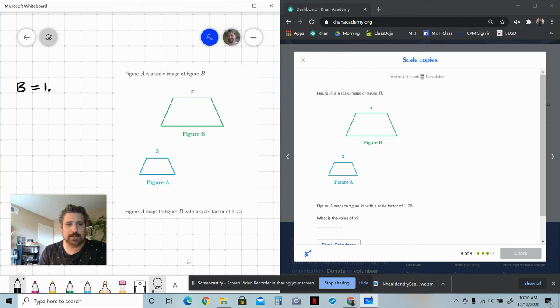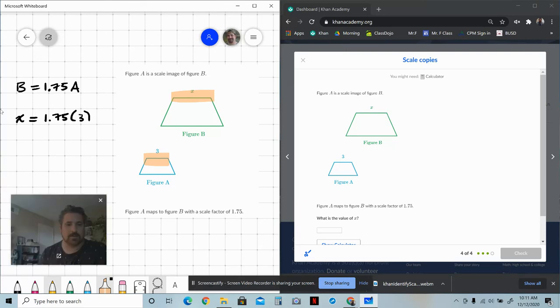Now, the nice thing is the x value is following this equation perfectly. You input the A value, you output the B value. So x, which is the value of that side length on figure B, is going to be equal to 1.75 times the corresponding A value, which was 3. We can see that these two sides correspond to one another. The smaller bases correspond to one another in the trapezoid. So now that we know the smaller bases correspond, we can say that 1.75 times